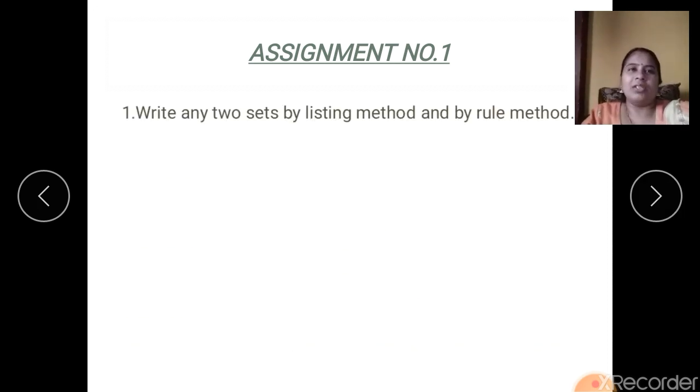So the first one: write any two sets by listing method and by rule method. Now this is an open-ended question. Purposely I have given it so that you get practice. This type of question is asked in exams wherein it will have multiple answers. Now listing method, your choice. You can write prime numbers, even numbers, multiples, whatever. Now rule method also, any particular property you can define. Colors in a rainbow, or any letter you form. It is a letter in the word smile, miles, whatever. So it will differ from student to student. Such questions are called open-ended. I want you to try one such open-ended question on your own.